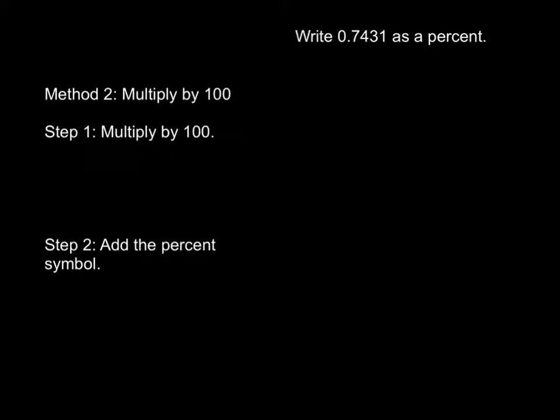Okay, so now this is if you don't have something that you can make 100. For example, we have this number right here, 7,431 10,000ths. Now you can't multiply that to make it 100, so we've got to have another method. Our other method is just to simply multiply the number by 100. It sounds tricky, but I'll give you a little hint here. So if I have 0 and 7,431 10,000ths and I multiply it by 100,